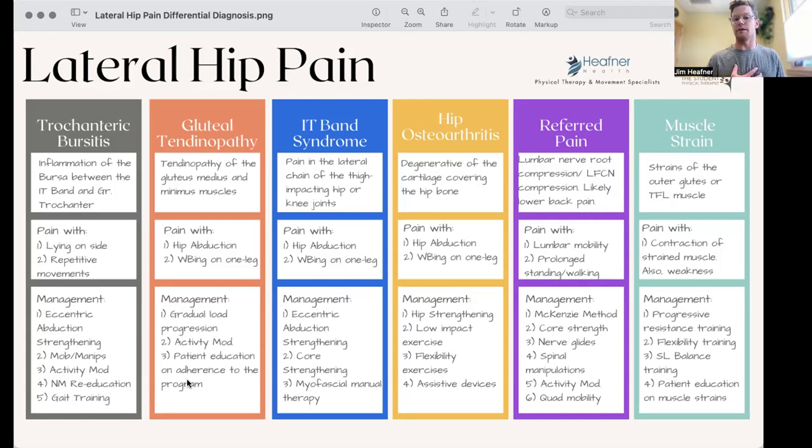I personally do a lot of mobility and flexibility training with these individuals. Usually the lateral hip takes on more stress or strain because the anterior chain through the quads is often too tight, and then the low core on that side is too weak. What I mean by that is when the front of the hip gets too tight, it pulls the hip into